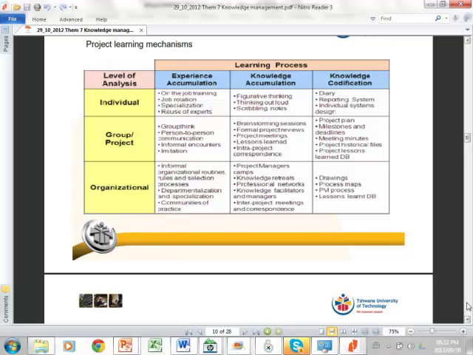Because often what also happens in organizations is we do the experience part, we then accumulate the knowledge by saying, okay, let's have a project review, what went well, what went badly, but then when we start the next project, we just ignore that. Okay, so that means we haven't properly done the codification, because we haven't codified it in a manner that it is reusable.